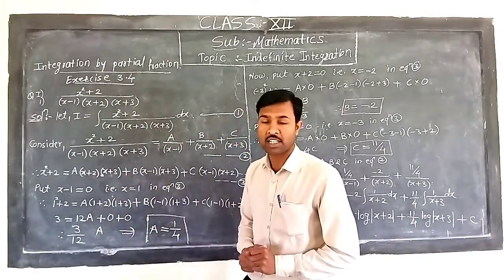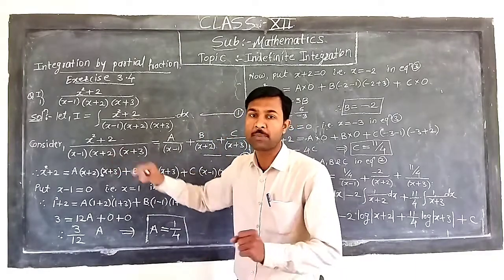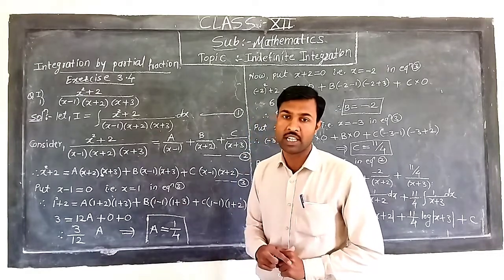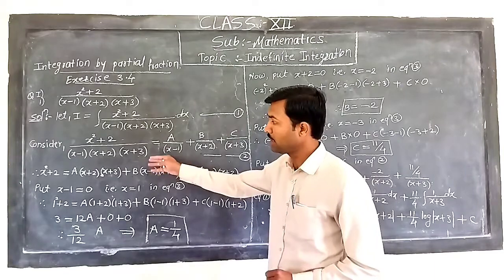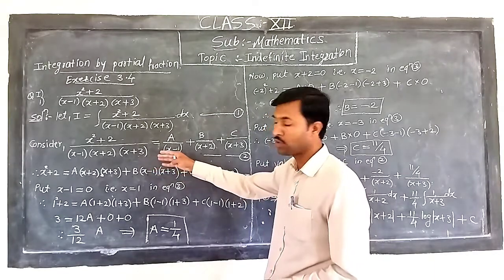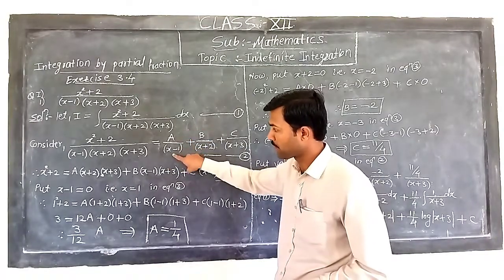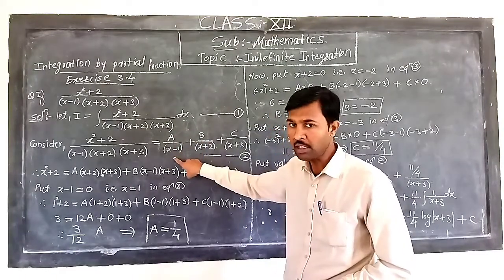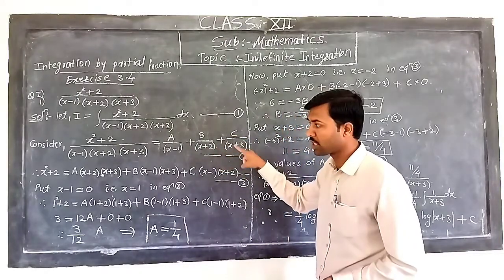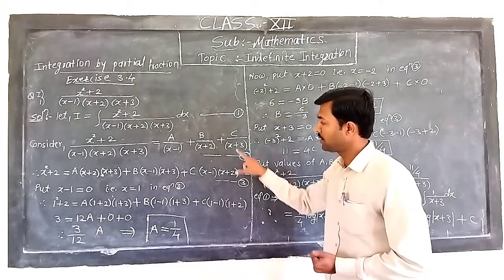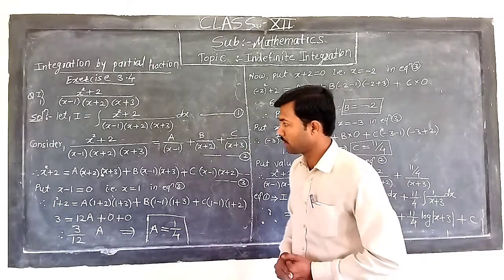So this is type 1 of partial fractions, in which non-repeated linear factors are present, and we have to make it partial. Here the first constant upon the first factor, that is a upon x minus 1, plus b upon the second factor, that is x plus 2, plus c upon the third factor, that is x plus 3. This is our equation number 2. Now if we solve this, then we get